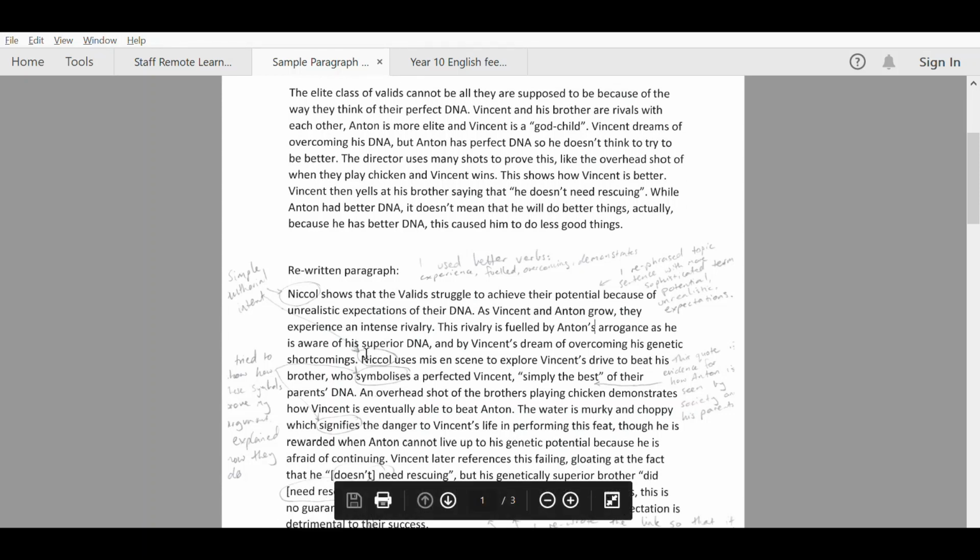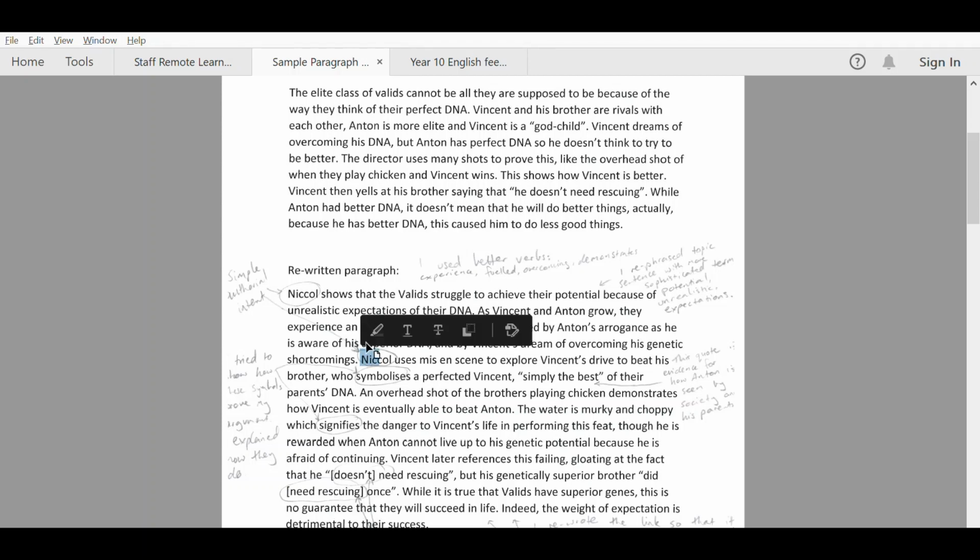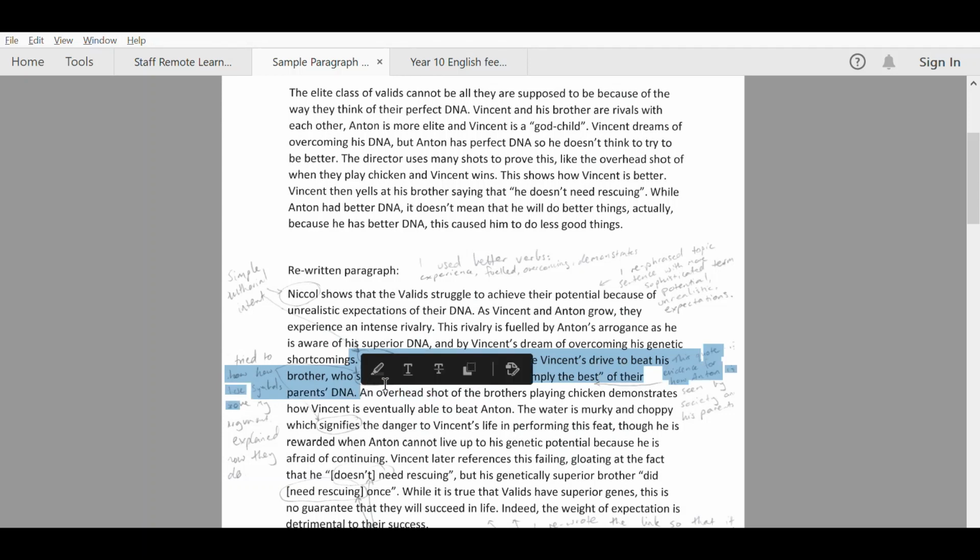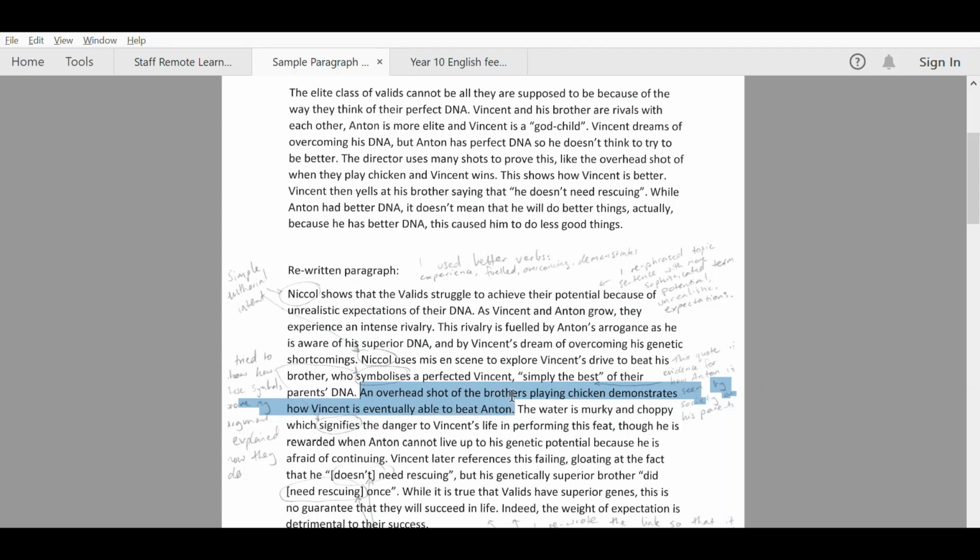Notice here, this is the discussion of this overhead shot, which we use all the time, which we love to use. Nichols uses mise-en-scene to explore Vincent's drive to beat his brother, who symbolizes a perfected Vincent, simply the best of their parents' DNA. Notice that mise-en-scene. An overhead shot of the brothers playing chicken demonstrates how Vincent is eventually able to beat Anton. Notice that, the discussion of what the shot actually does. What is Nichols doing and what does it mean? Here,